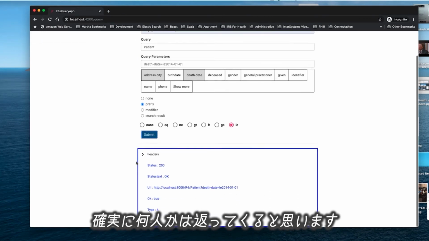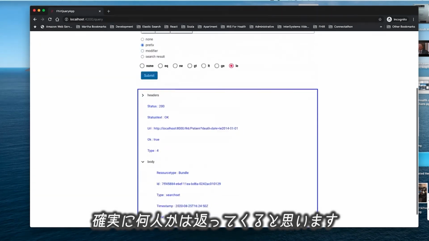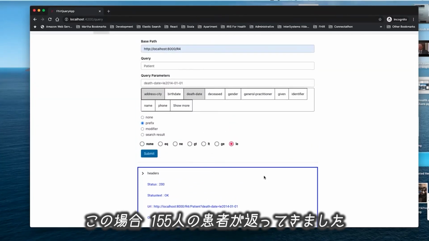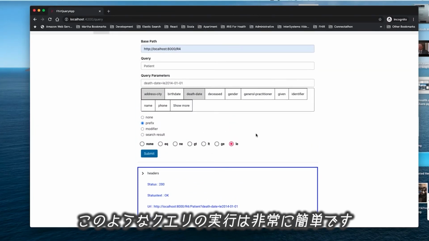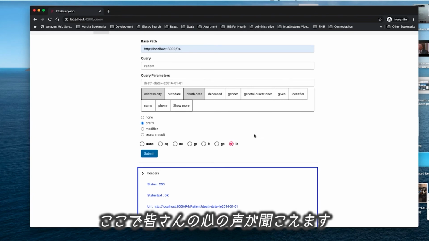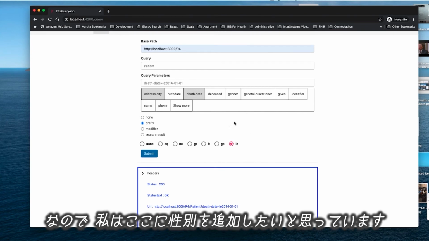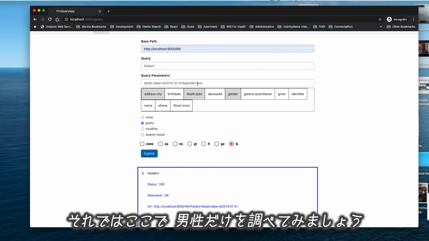We're going to get, I'm sure, a number of patients back. In this case, we get 155 patients back. So very easy to do these kind of queries. Now, let's say you're saying to yourself, but I would be interested just in understanding whether it was just women or men. So let's add the gender in here, and let's put that we want really only males that